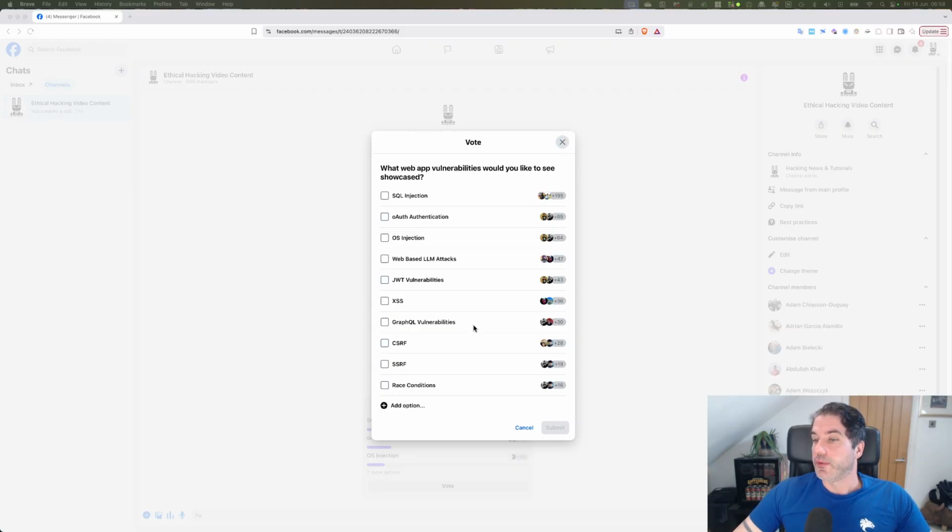And then we have GraphQL, cross-site request forgery, server-side request forgery, which is pretty low down. And then last we have race conditions, which I'm quite surprised is down there in last, because it is quite a fun vulnerability to do. You don't find it that often in pen tests, but when you do, it is a really good or interesting thing to report. So some of you may not really understand what it is, so I'll just give you a